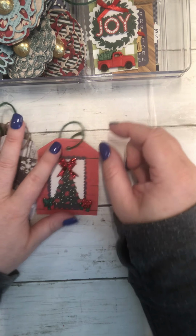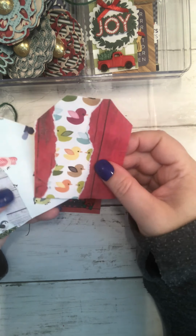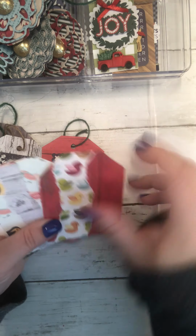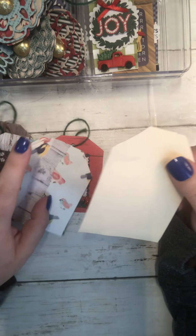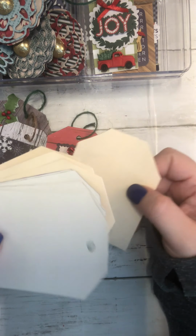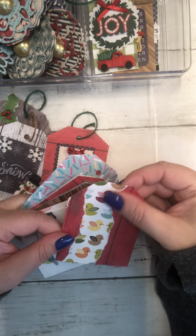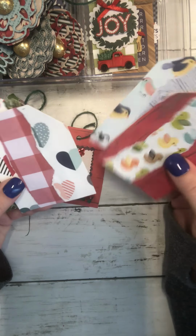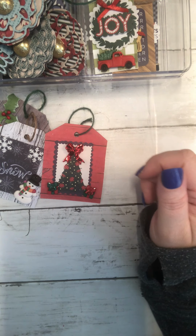Then I was playing around with some Christmas tags. So a while ago, during quarantine, when I was bored, I made a whole bunch of collage tags. So I took cardstock, and I don't remember if I used a die for these or if I just hand cut them. But this is just cardstock. I think some of them are just poster board. Yeah, I think these are poster board. Anyway, and then I glued on different papers. So I ended up with all of these, and the ones that I could use that were Christmassy,